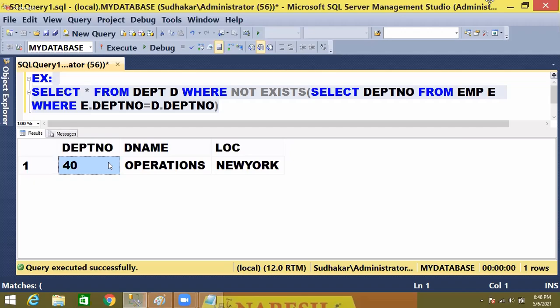Okay? So in the 40th department, there is no employee here. This is the EXISTS operator: exists means having, not exists means not having. Which is not having? 40 is there, but not having in your EMP table. So that's why there are no employees working in the EMP table, right? So this is what we call